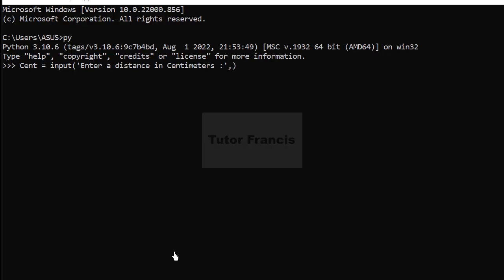Then we close this, but we want the Python program to use the calculation or to evaluate whatever the person will input. So we use the eval function. So eval. Good. So now we can press enter here. So it is asking the user to enter a distance in centimeters. So let's say the person entered 120